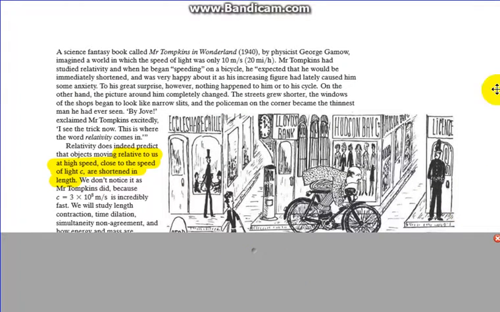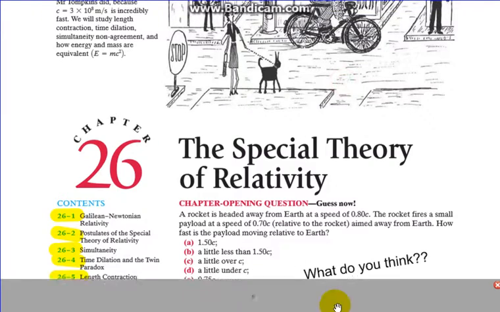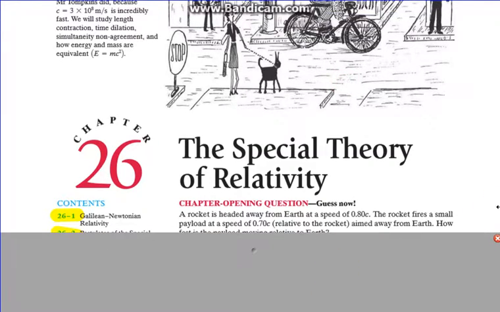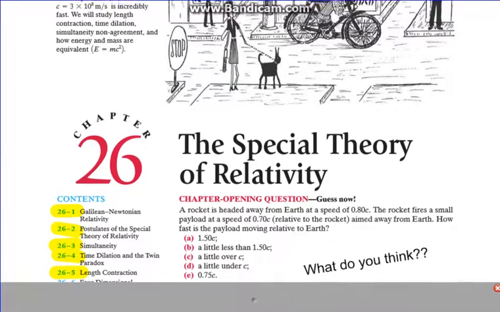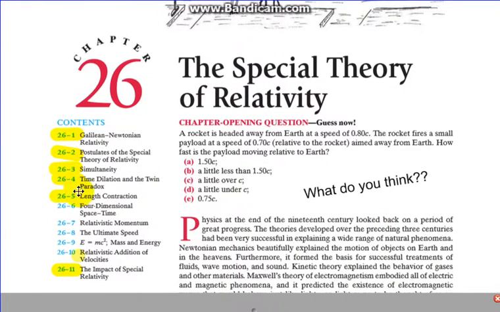Welcome back, Physics 30. So we're going to take a look at section 26 here, the special theory of relativity, by looking at this preamble. Just to give you an outline of which parts we're going to be doing, we're going to be looking at 26.1 Galilean Newtonian relativity, 26.2 postulates of the special theory of relativity, 26.3 simultaneity, 26.4 time dilation and the twin paradox, some really funky stuff there, and then 26.5 length contraction,